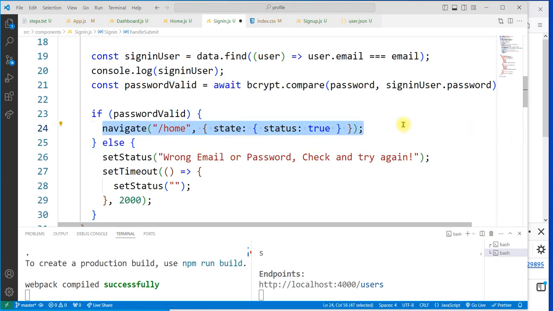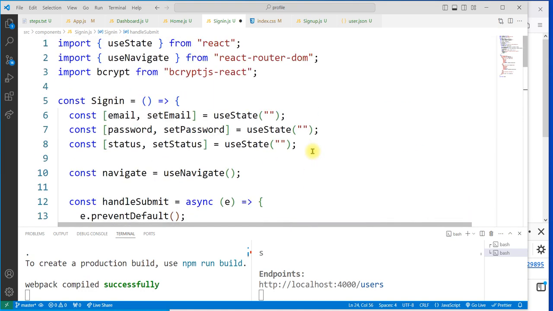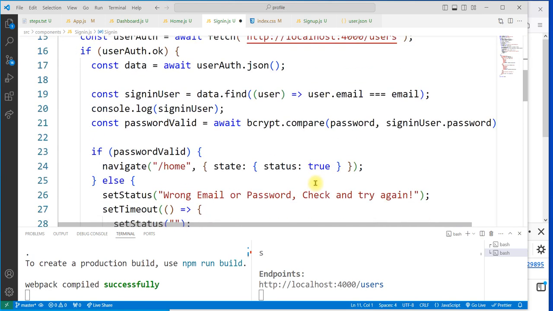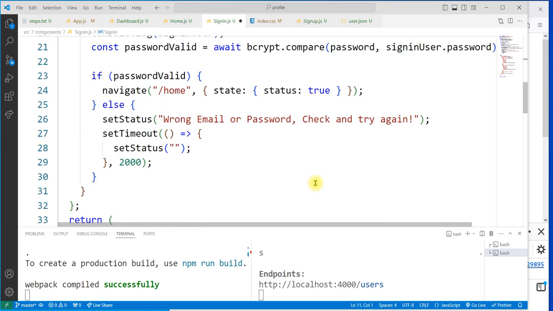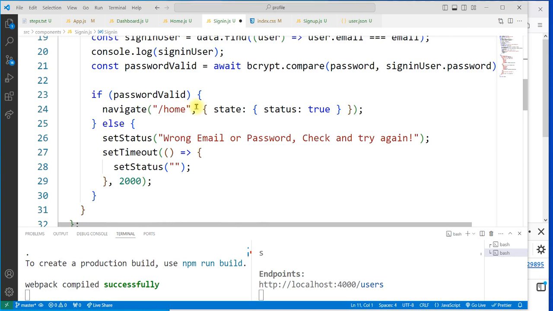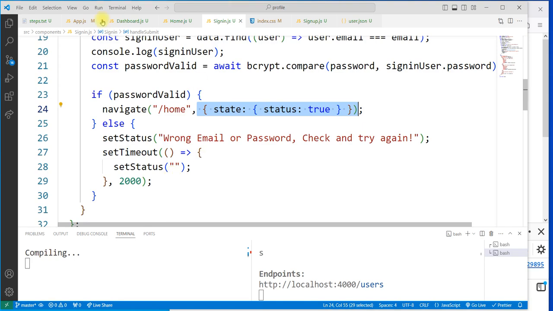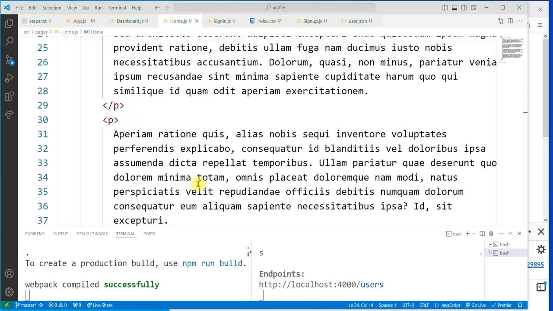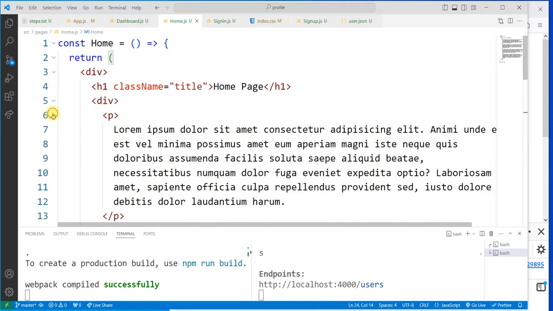There's a better way to do this, but for now I don't want to overload with a lot of React hooks. We'll be adding them along the way. Once you understand the ones we have used, the useNavigate, and then we are also going to use the useLocation. So once you are conversant with that, then we can add some more React hooks. So I can pass this second parameter into the navigate, and then when we come to the home page, we'll do some checking here. Let me collapse this